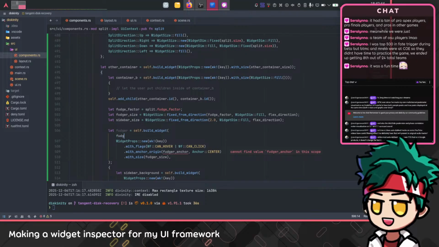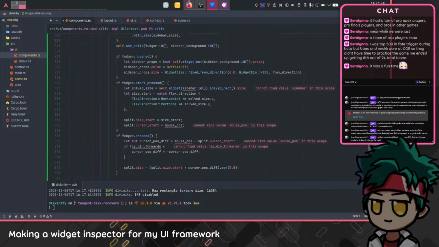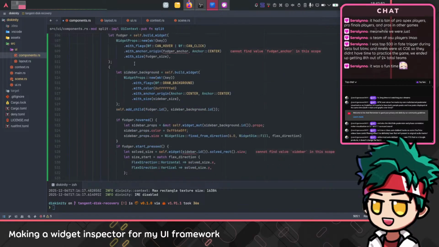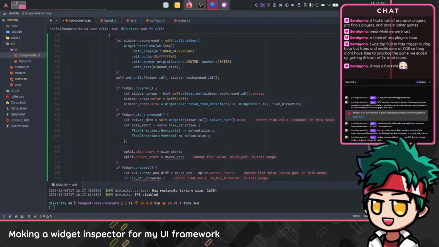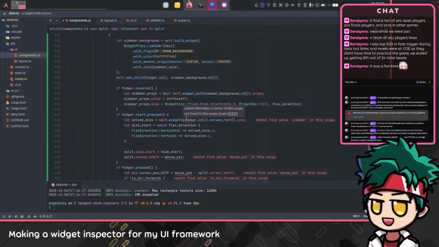No, actually fudger is okay. Fudger is okay. Never mind. Then what am I missing now? Right, this is where I want to change the size of something. So for the fudger,